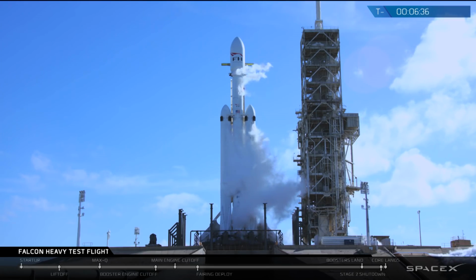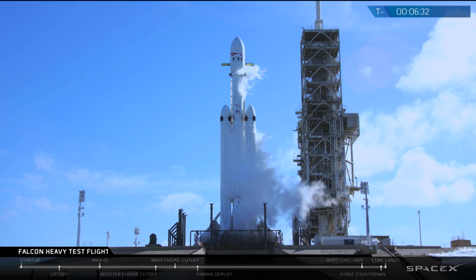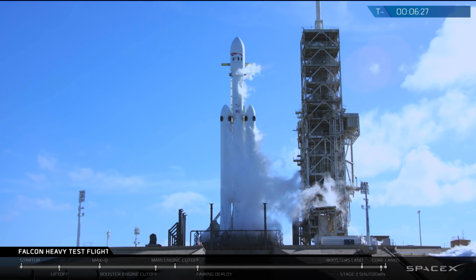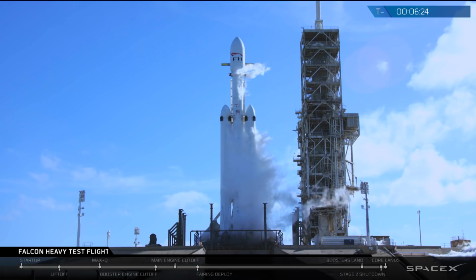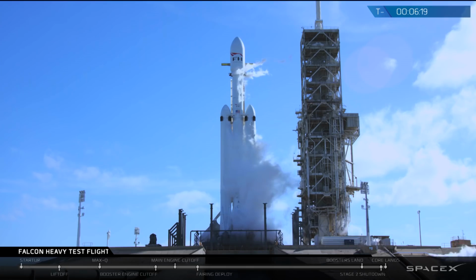The SpaceX team continues to count down for launch of Falcon Heavy test flight. Now, once we light the engines, Falcon Heavy will check the power on all 27 Merlin engines, a critical period in the go, no-go for launch. It'll then command release from the ground hold downs. 40 seconds into flight,